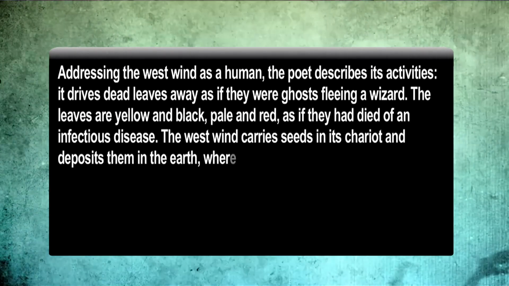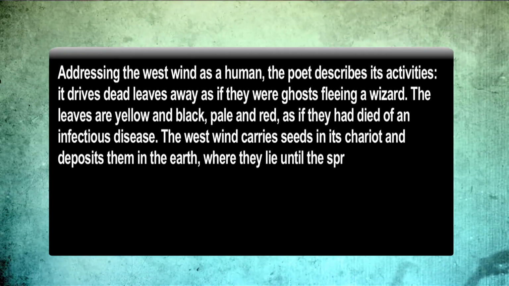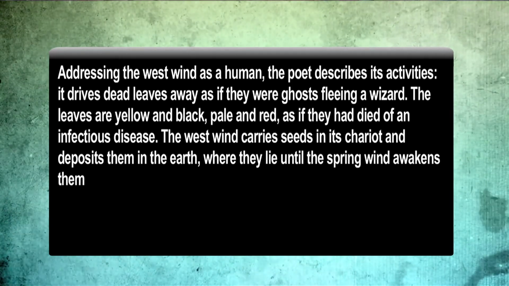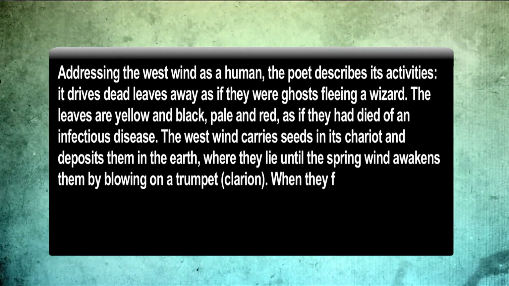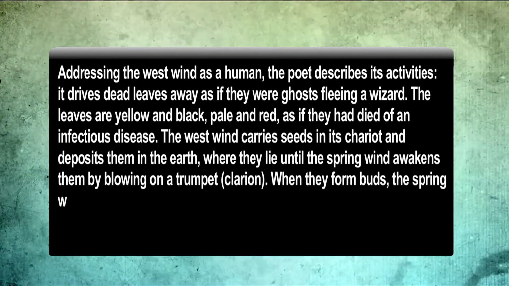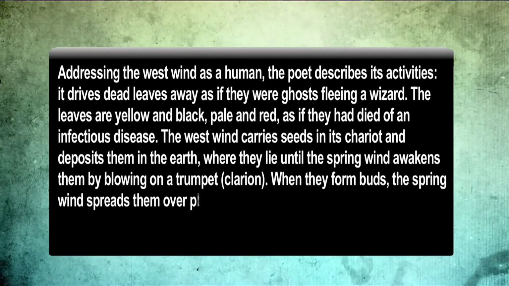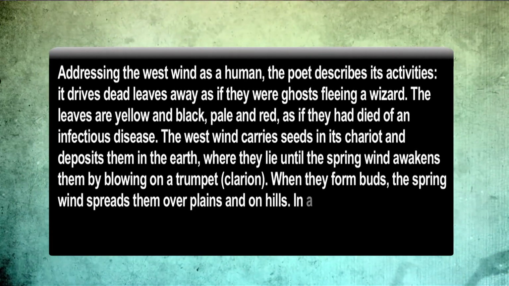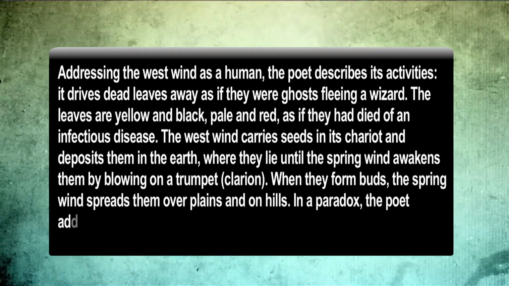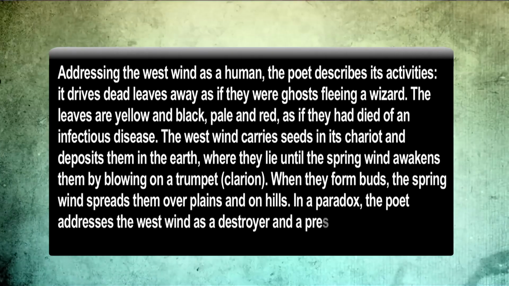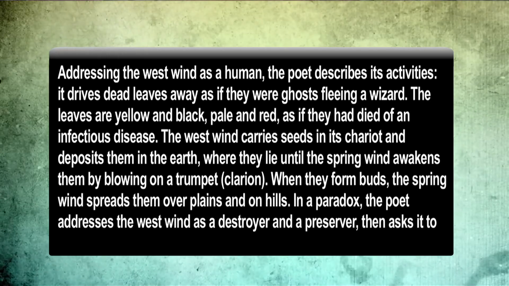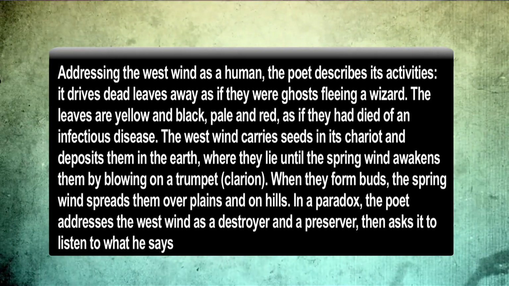The west wind carries seeds in its chariot and deposits them in the earth, where they lie until the spring wind awakens them by blowing on a trumpet, that is the clarion. When they form buds, the spring wind spreads them over plains and on hills. In a paradox, the poet addresses the west wind as a destroyer and a preserver, then asks it to listen